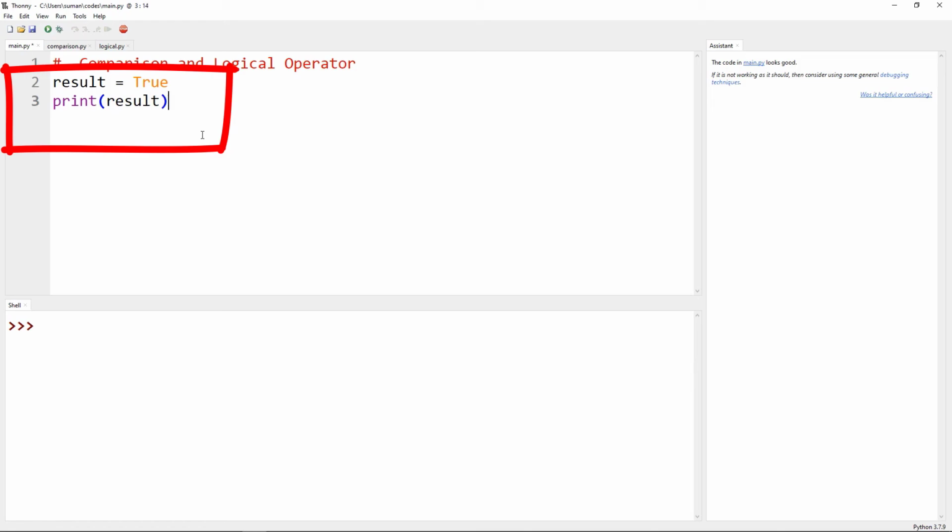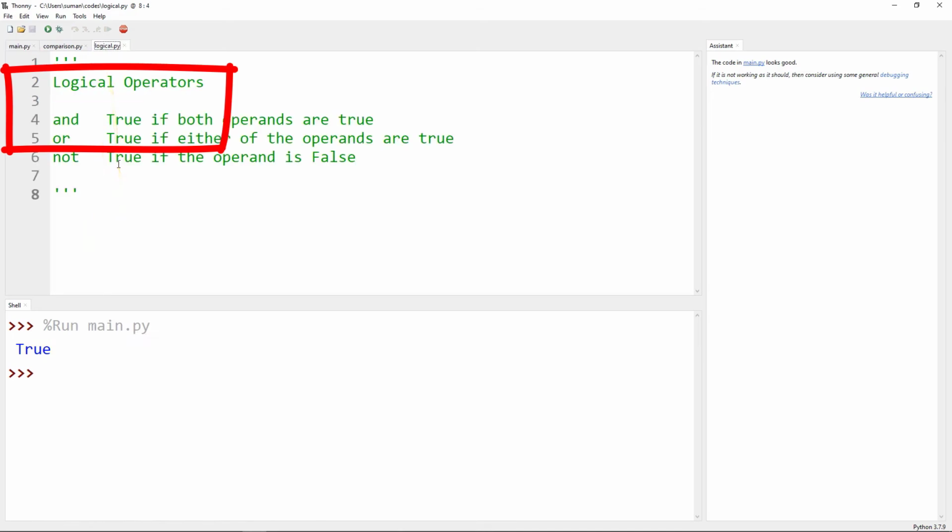If we run the code, we get true. For NOT, it is true if the operand is false.